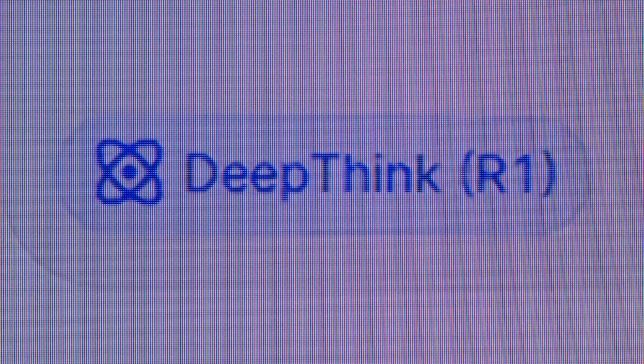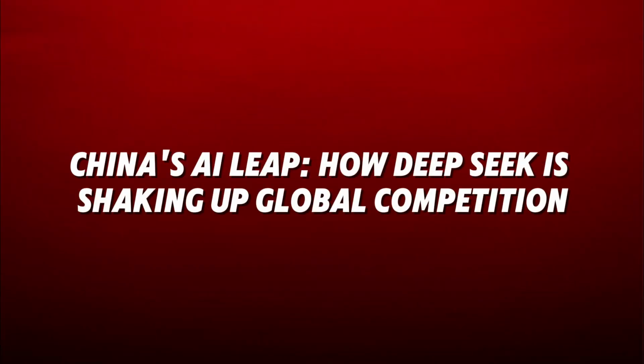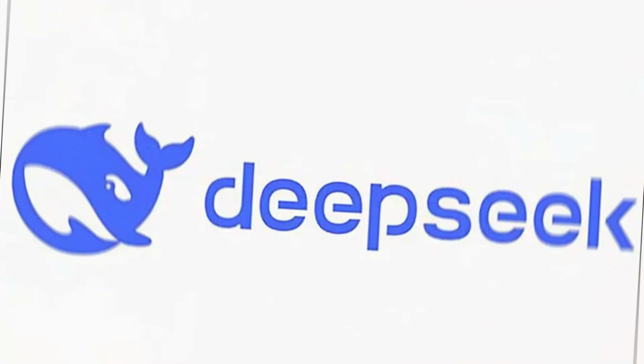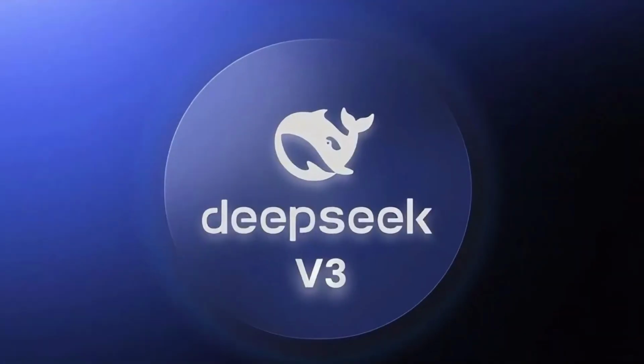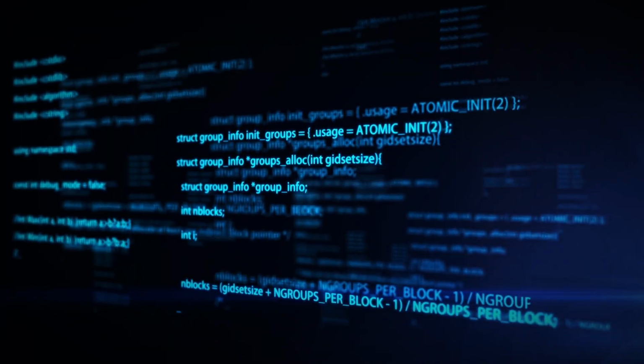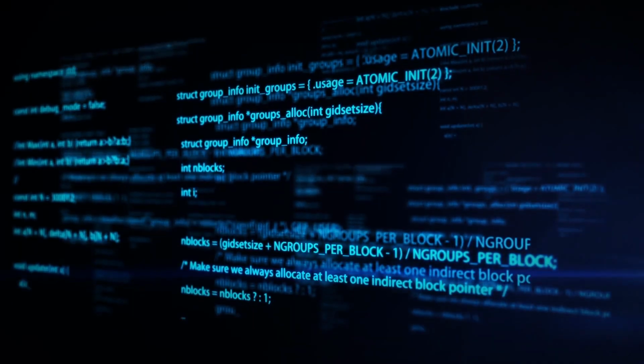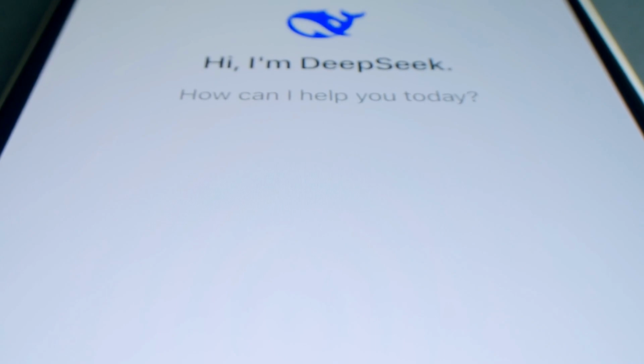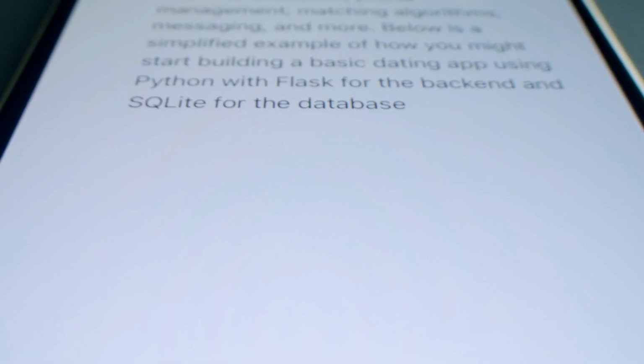top-tier reasoning models. China's AI leap, how DeepSeek is shaking up global competition. While DeepSeek's V3-0324 is making waves in the tech community, it's also having significant geopolitical implications. China, which has long been considered a challenger in the AI space, is now taking center stage. With the success of DeepSeek and its V3-0324 model, China is rapidly catching up to the US in terms of